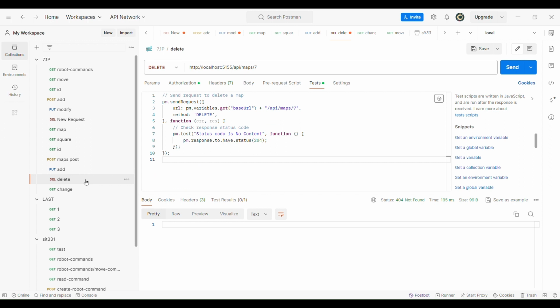Next we have the delete command. It will delete the entry by its ID. So that is the same. And lastly we have the